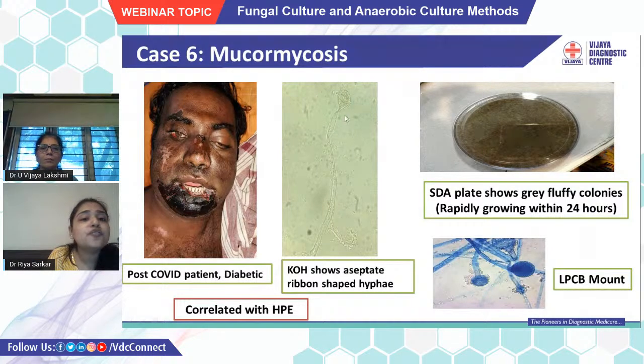Under KOH, we found broad aseptate ribbon-like hyphae, highly suggestive of Mucor. Even the SDA showed overnight growth of cottony grey colonies, again suggestive of Mucor species. When we performed the LPCB, the classical Mucor was seen with aseptate, broad ribbon-like hyphae and a sporangium. We correlated this result with the histopathological